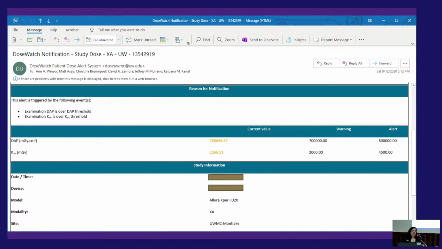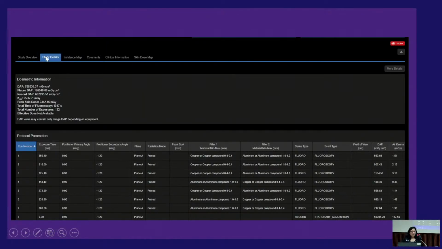Because universally across all our hospitals, we decided anything over 5 gray to the skin, we are going to do a follow-up on the patient. So this is fantastic. This is a starting point for us. Our monitoring system sends us an email, and then physics decides whether we need to investigate this further or not. In the past, pre-Dosewatch, you had to do all this manually, and you're also being very extra conservative in determining that. So if you go to the second tab, it gives you the details of the study, and you can